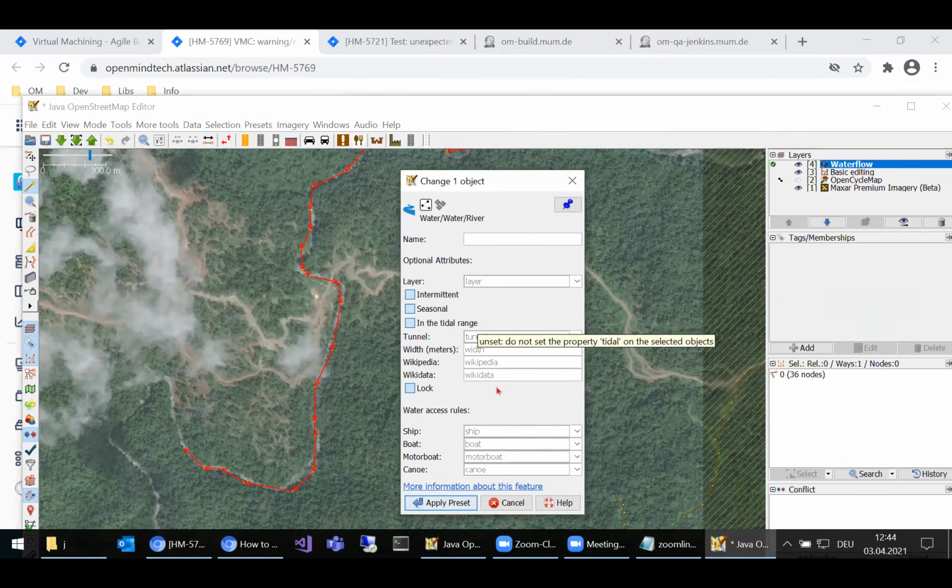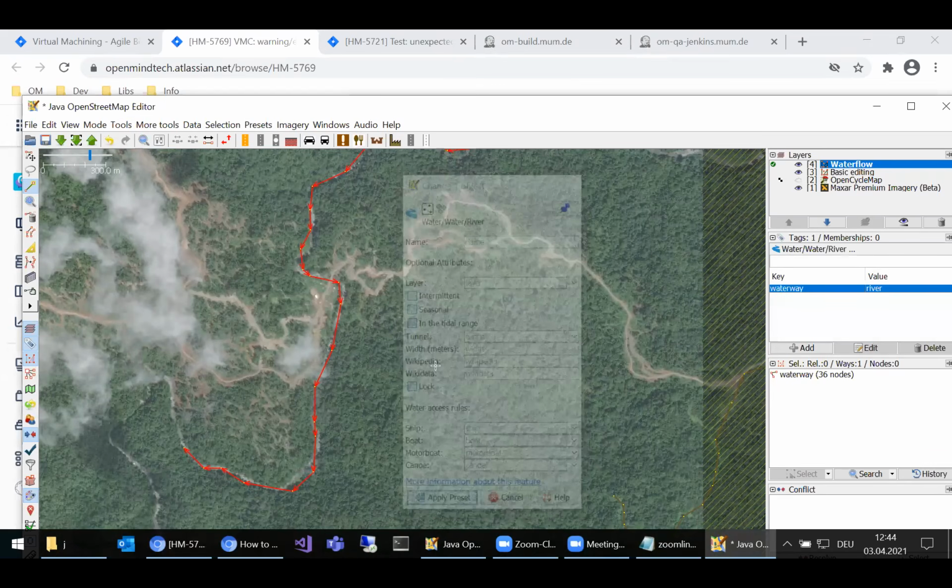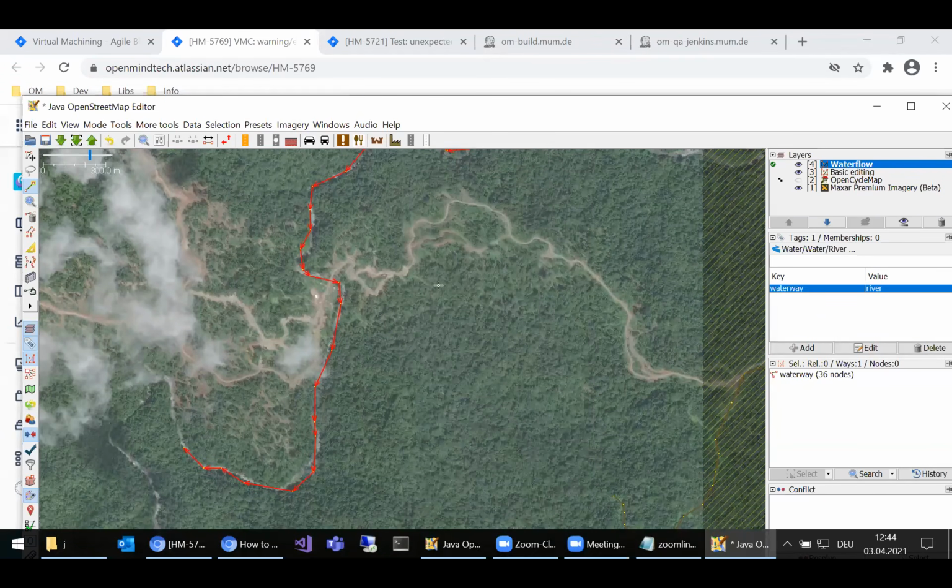Never just fill in any of these fields just because they ought to be filled in. They don't need to be filled in. Only fill in something like a name if you really know that, and you hardly know that when you're doing remote mapping. So what comes to your rescue is that there is a couple of imagery layers which show contour